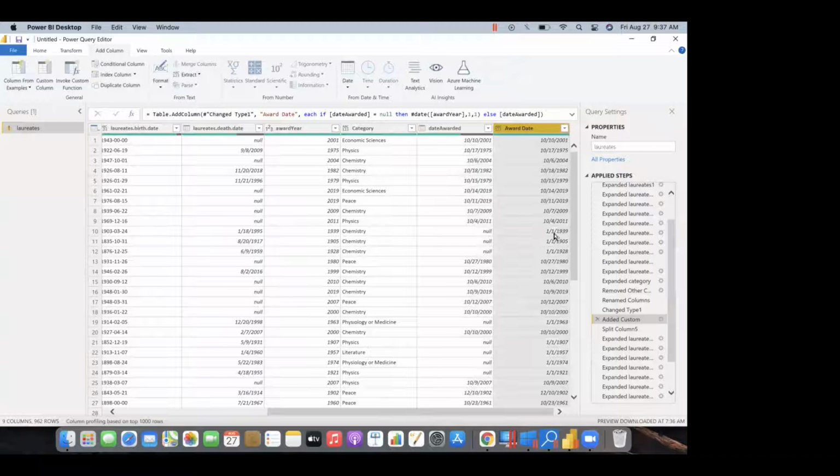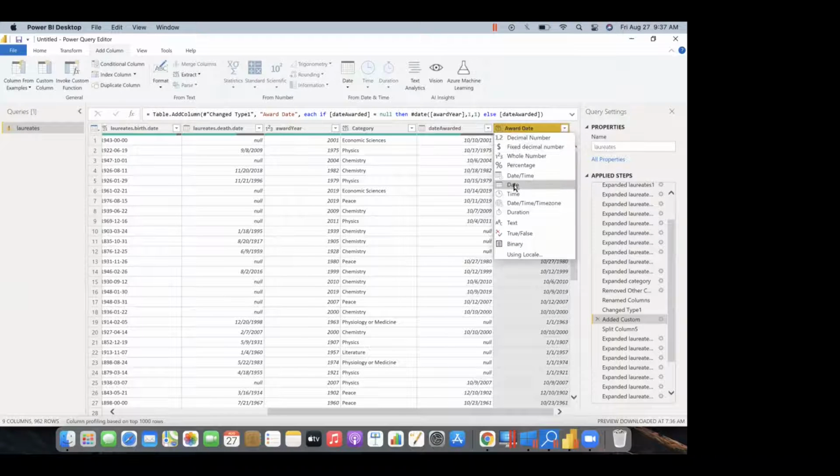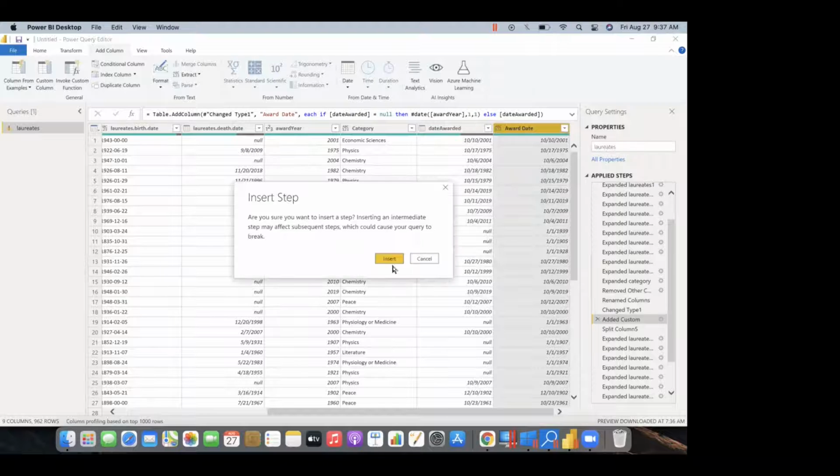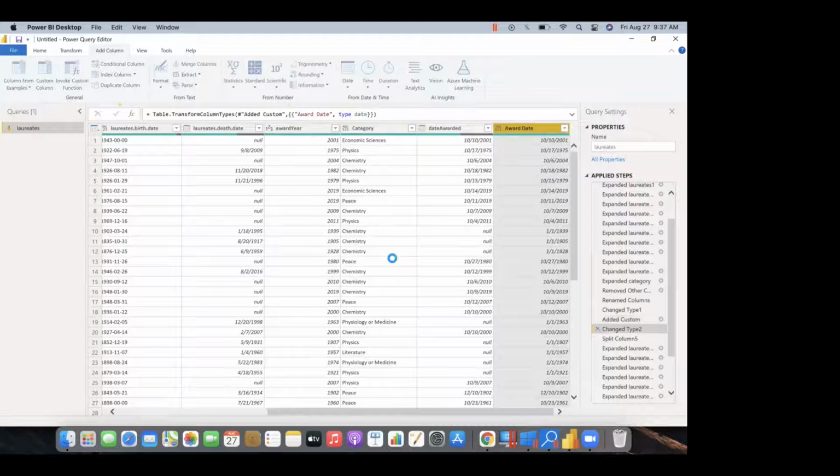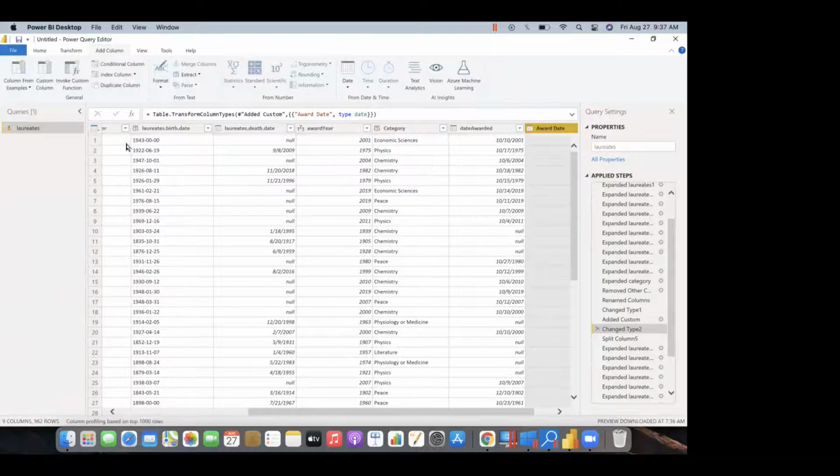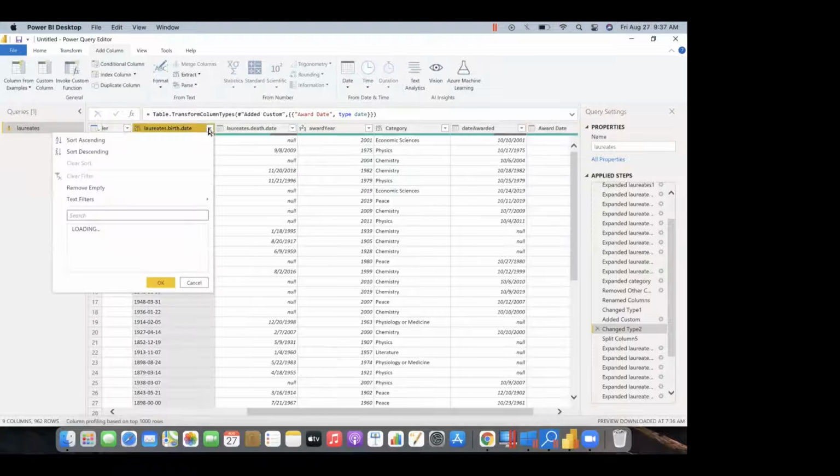Now we can see that the year is assigned to that particular null, and the day and month is 1/1. So we'll make it a date as well. One thing: in the birth date, the month and the day is also 0, so we'll correct this also.